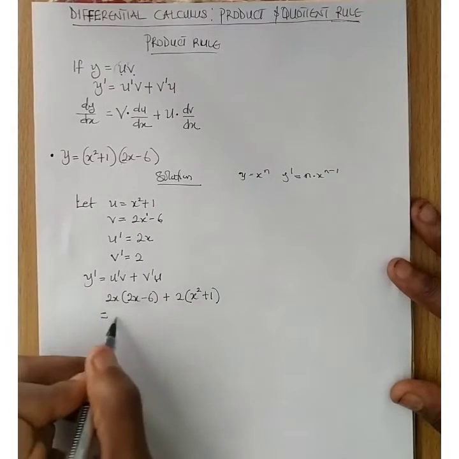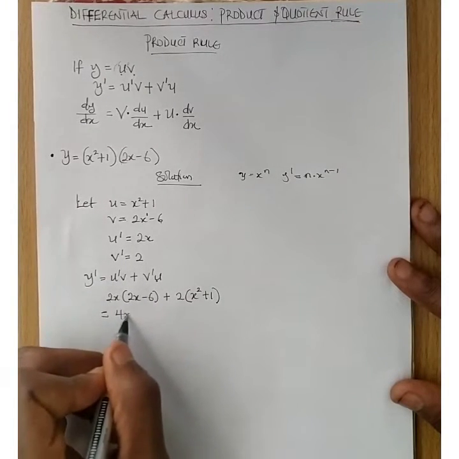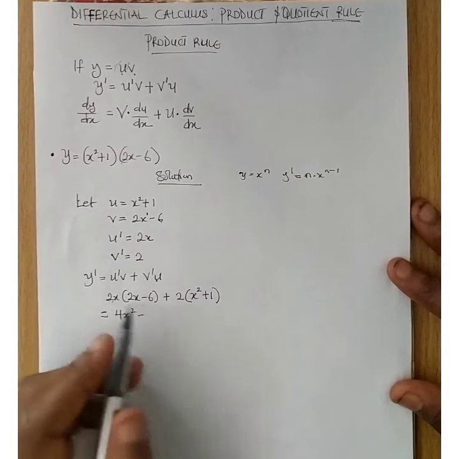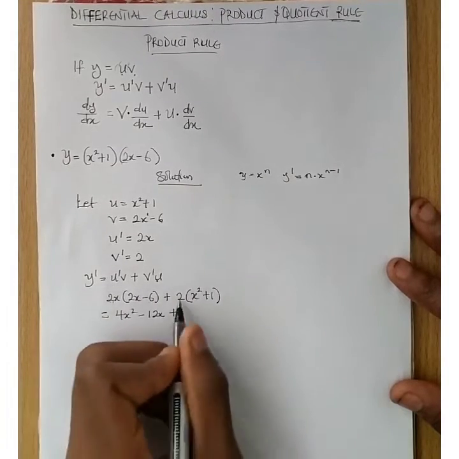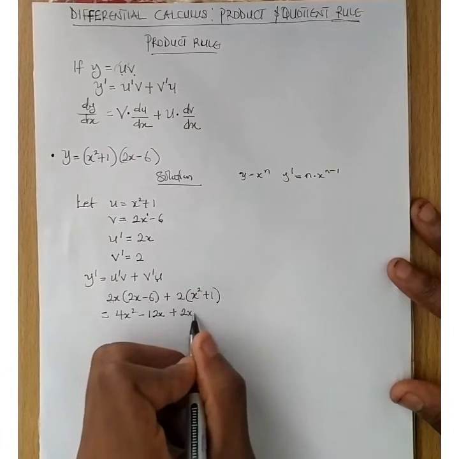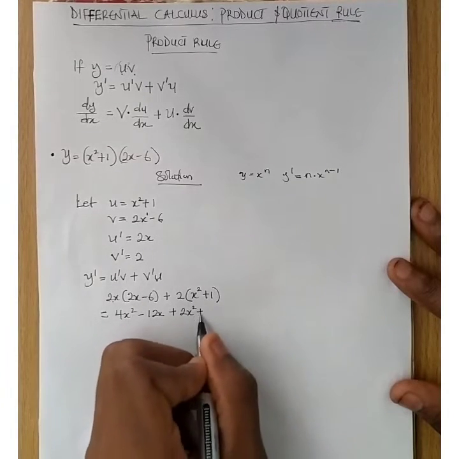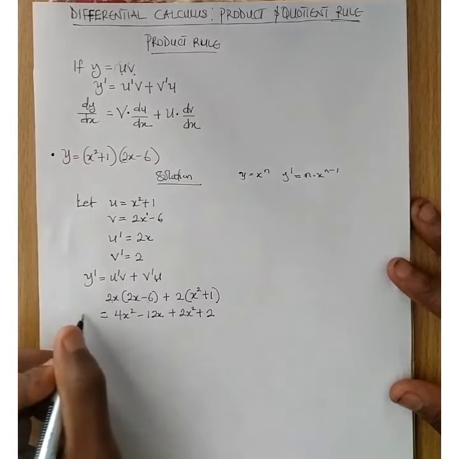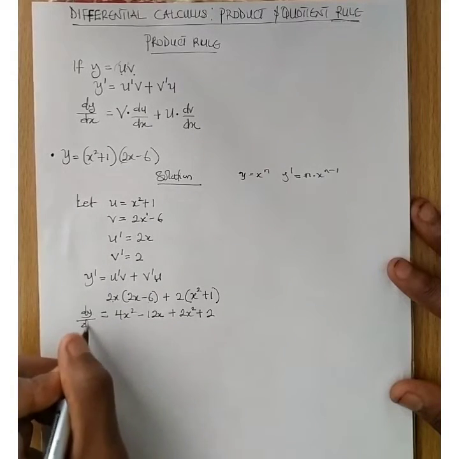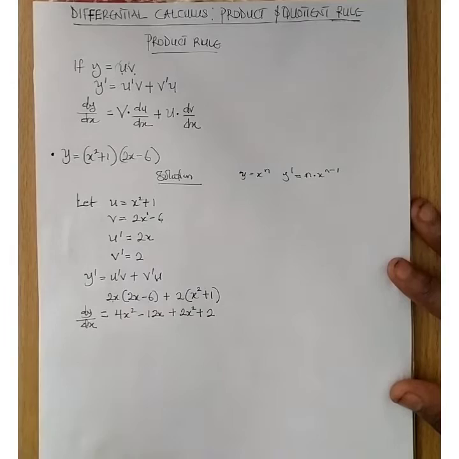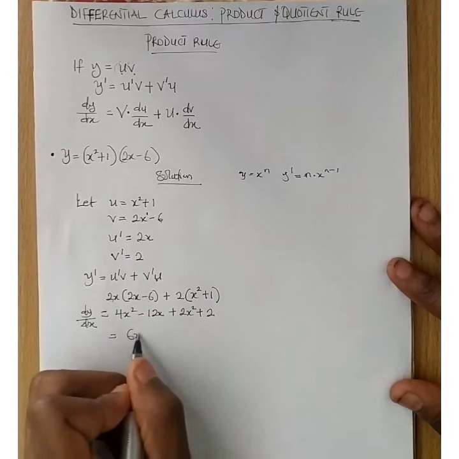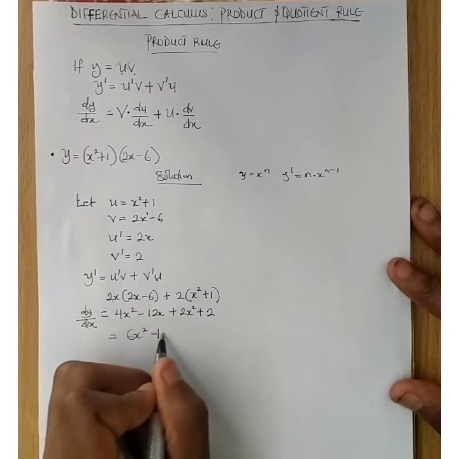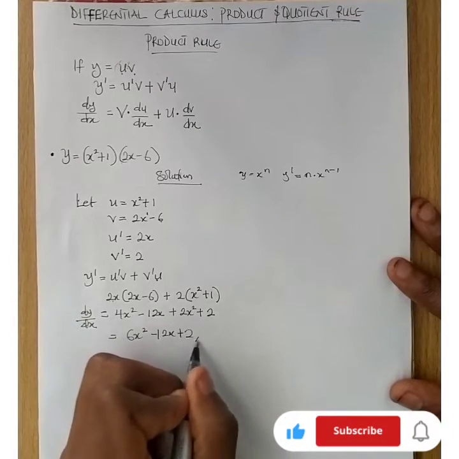So expanding this, I'll have what? 4x squared minus 12x, since 2x times minus 6 gives me minus 12x, plus 2 times x squared gives me 2x squared, and 2 times 1 gives me 2, right? So I can call this my dy over dx. But if we look closely, they are like terms, yes? So these and these are like terms, so I can have 6x squared minus 12x plus 2 to be my